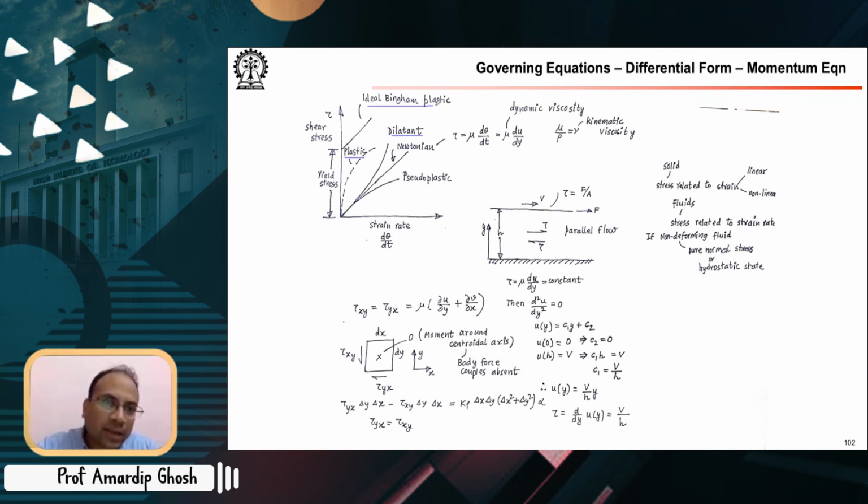Then you have the ideal Bingham plastic, which is, actually, there is no strain rate till you apply a certain amount of shear stress. So you're applying a shear stress, nothing is happening. You're increasing the shear stress, nothing is happening. You're increasing it even more, nothing is happening. Then all of a sudden, at a certain level of shear stress, you see some strain rate starting to show up. Okay, so here, so this is